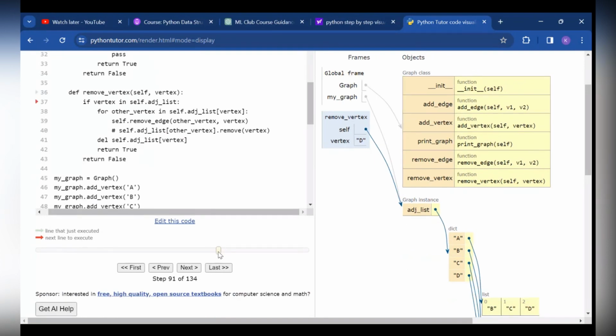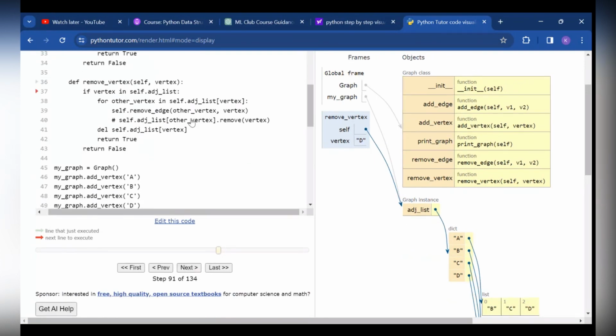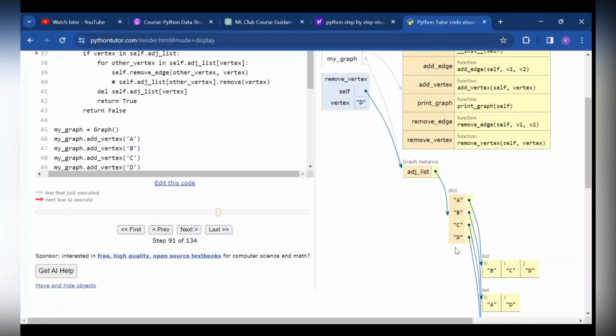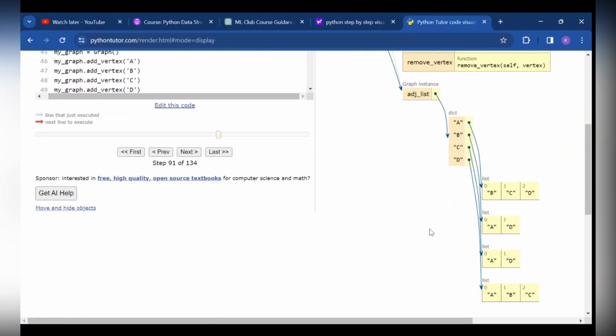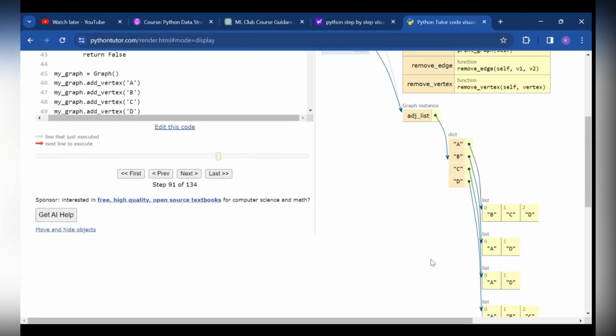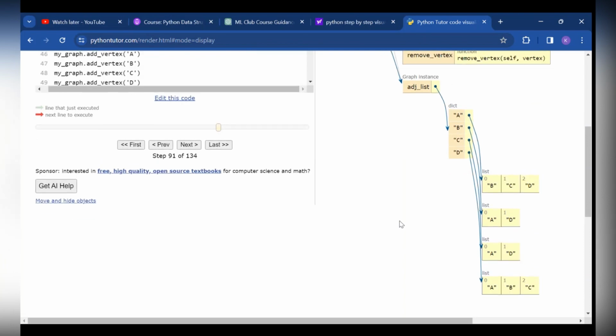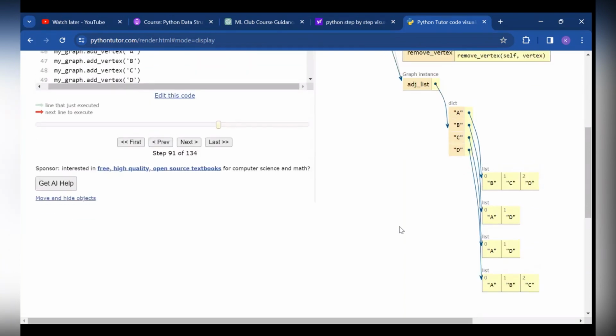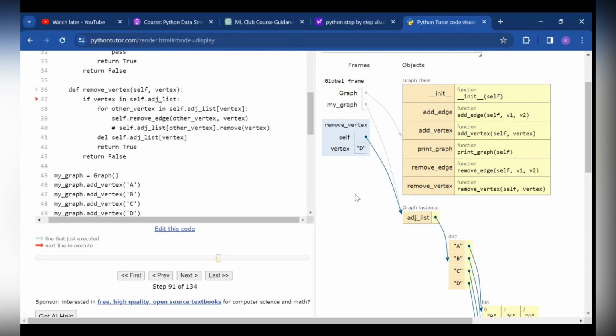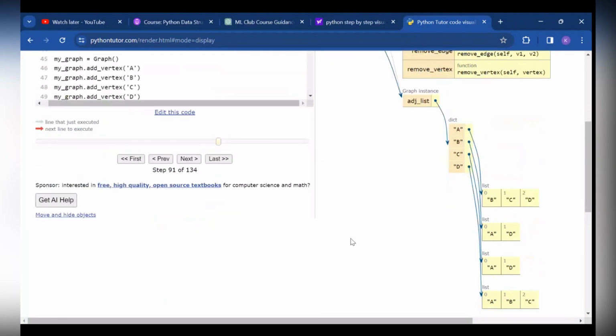Remove vertex. So as you can see, remove vertex took in this vertex parameter. And as you can see, the self parameter, it calls on our adjacency list, self.adjacency list. And these are the values inside our list. It's a little confusing to understand, but when you take a look at it yourself, you guys will understand more clearly. You can copy out the code into this console and run it step by step to visualize how exactly